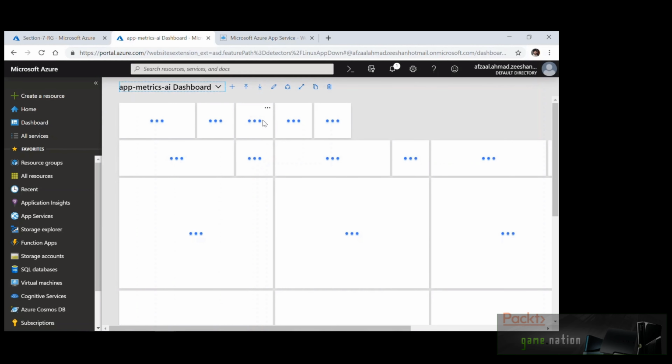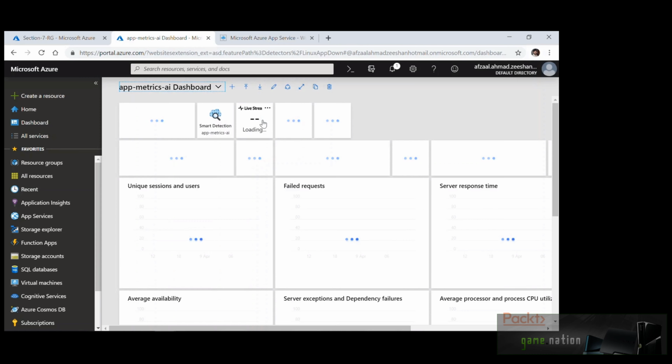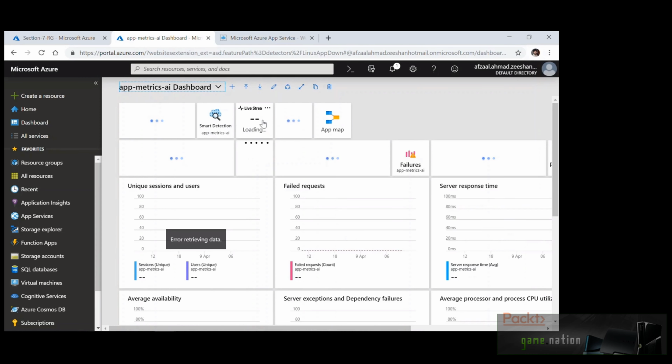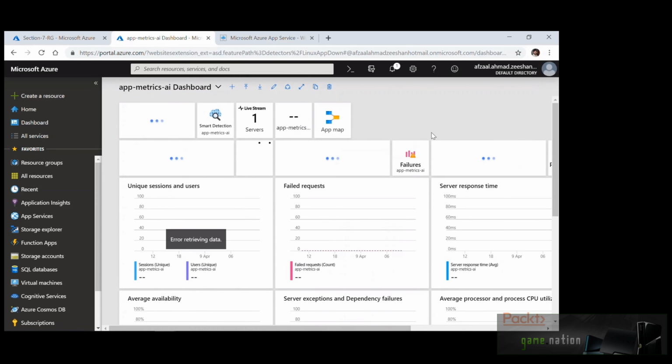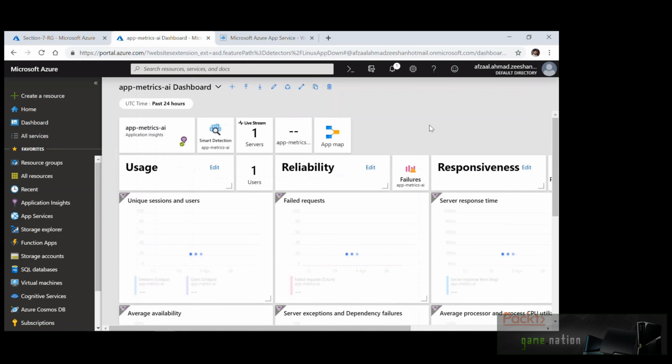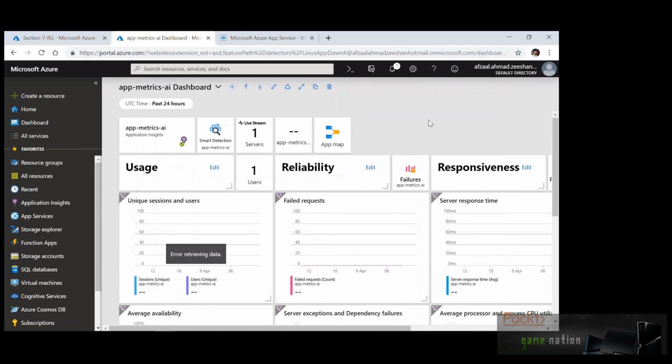As you can see, it just created a new dashboard for us. It called it App Metrics AI Dashboard and has created a complete dashboard which will provide us with a 360 view of our application, including the number of sessions, server response time, availability, and so on. There is nothing visible because we don't have much information to generate the report, but once the data starts to flow, you will see a complete overview of the application usage as well as the users who are using your